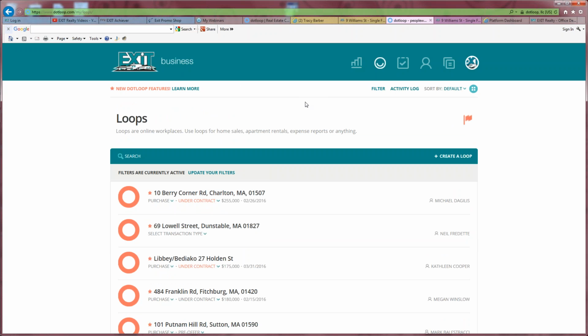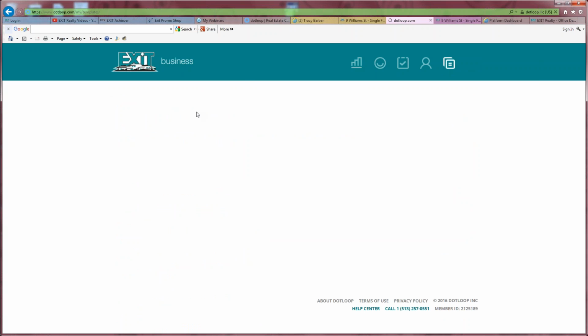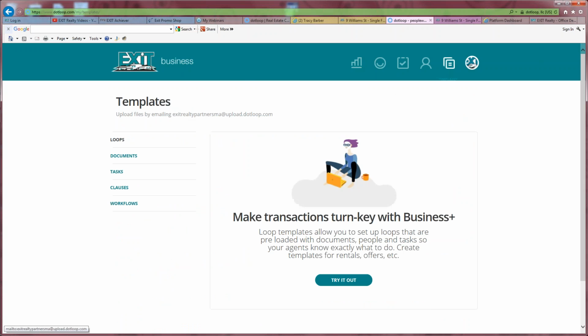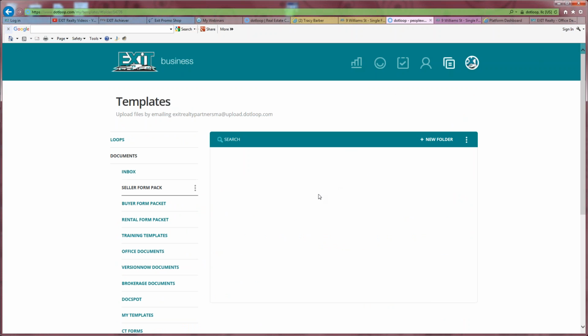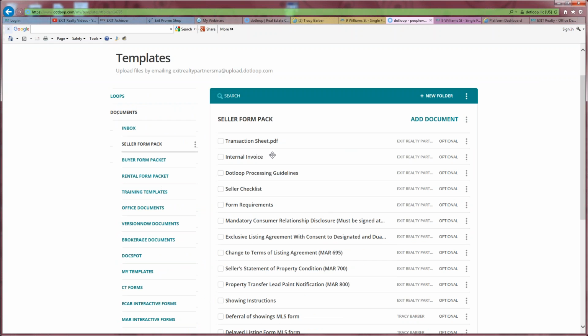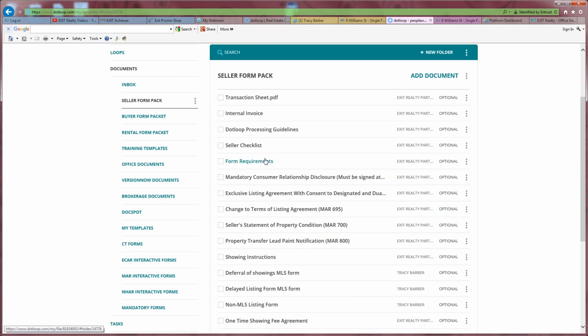Under templates is where all those forms and everything are. If you go to templates, the second tab right over here, you can see everything that we have in here. We've got the buyer and seller form packets all set up. So if you go to documents, we've got the seller form packet. It's got pretty much everything you've ever used with a seller: transaction sheet, invoice, seller's checklist, our form requirements, why we require them, what's required, the mandatory